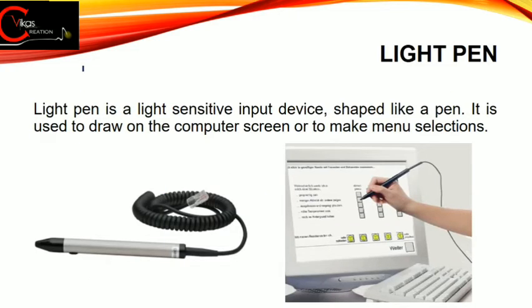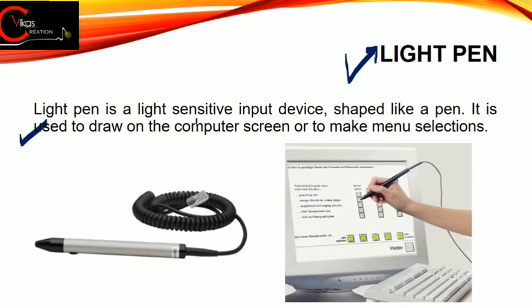Next we have light pen. This light pen is generally used by graphic designers, fine, or those individuals who have to work with some graphical data where accuracy is much more required, fine. So light pen is just like a mouse. It is a light sensitive input device, fine. It will behave the same as a mouse, but the best thing is that with this light pen we can easily control our mouse pointer like we are controlling with a pen, fine.